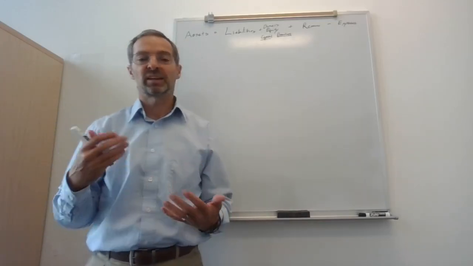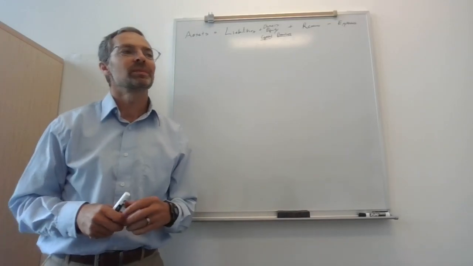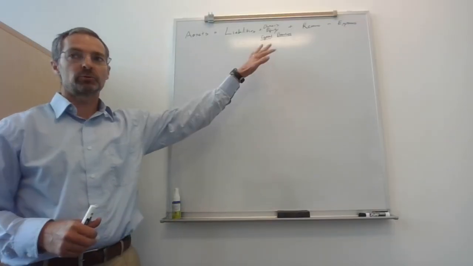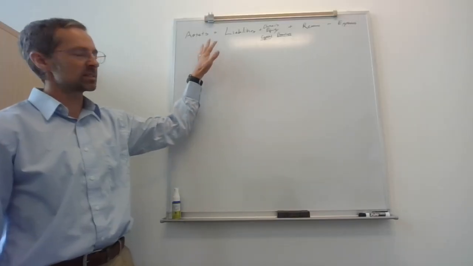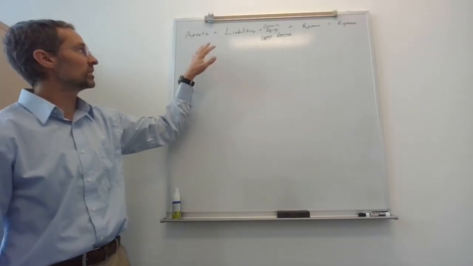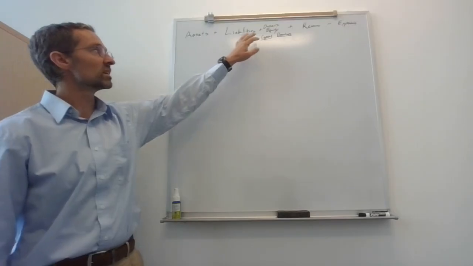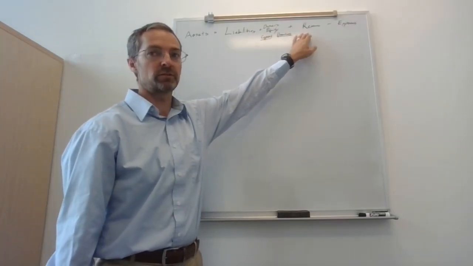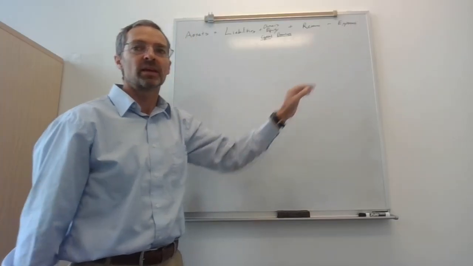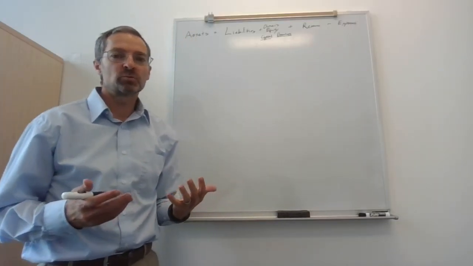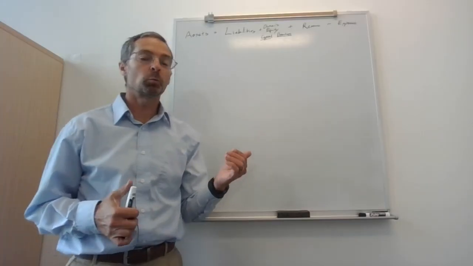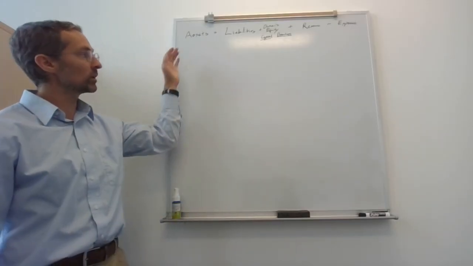The next step is being able to analyze a transaction. I have written the accounting equation on the board, and again, this is the one that I most often use. It's assets equals liabilities plus owner's equity plus revenues minus expenses. Now, when we look at a transaction, we're going to ask ourselves what accounts are affected, or what is affected